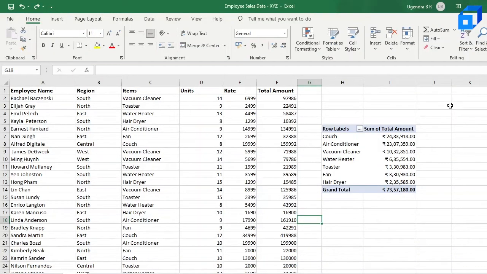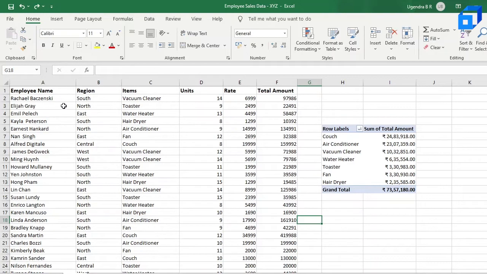Since conditional formatting allows us to apply specific formatting to cells that match or meet a certain criteria, let us look at how we can use conditional formatting on this dataset. But before that, let us see what the dataset contains.